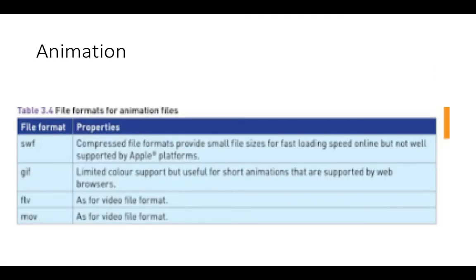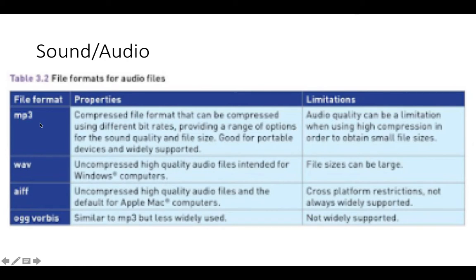And animation, you've got some here. Some people use GIFs. It's not supported necessarily everywhere, but it can work on web browsers, so it's nice and easy to use. A lot of people still use MOV for a video, which is used for video or animation. For sound and audio, I've already covered this, but you would use MP3, so it's an easy to transfer file. It's smaller, it's compressed, but a WAV file would be the better quality. And a lot of radio producers use WAV for their podcast or radio to make sure it's really good quality sound.